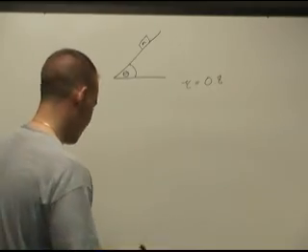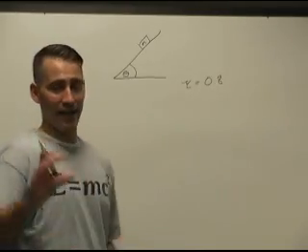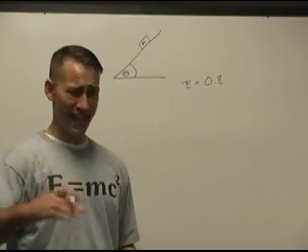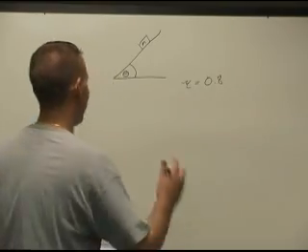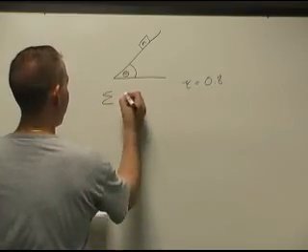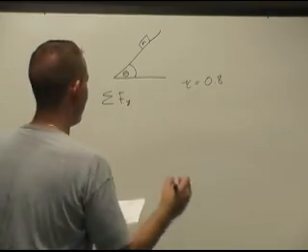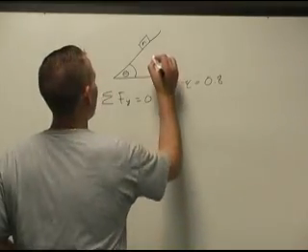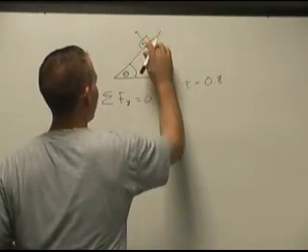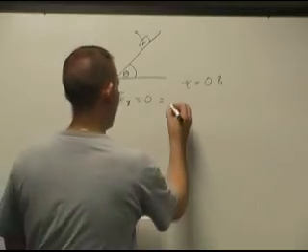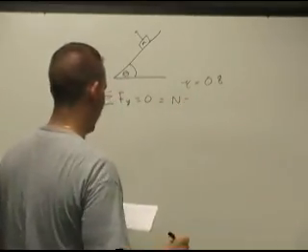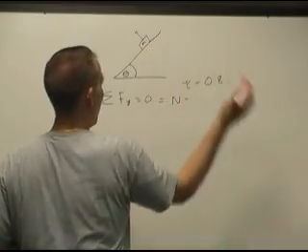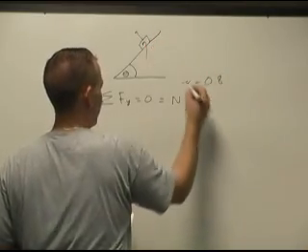So number 1, basically what you want to do is break it into both its y vector and x vector components. So the sum of Fy, or the forces in the y direction, should equal 0. And you get the normal force, the force that is coming from the inclined plane, minus the force due to gravity in the y direction, is